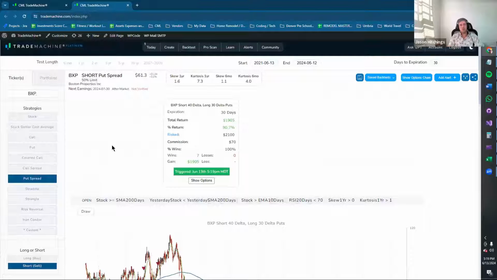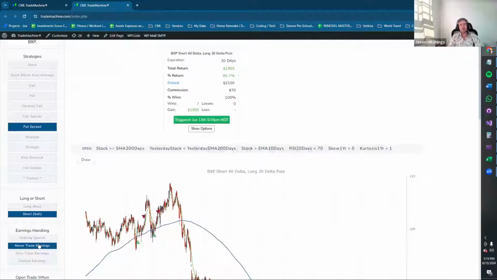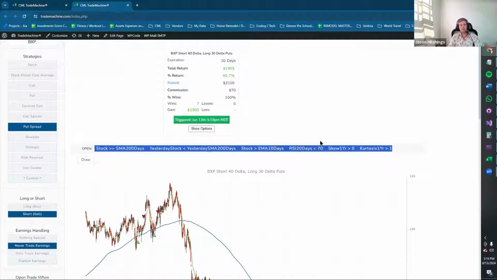And so you don't want to put on this trade if you're either 2 days before earnings or within 2 days of earnings on either side. That's what never trade earnings means. It means sell before earnings and buy, and then wait until the technicals are true again on the far side of earnings. So you don't just sell it before earnings and automatically buy it after earnings. You sell it before earnings, and then you wait for the technical conditions to be true again.